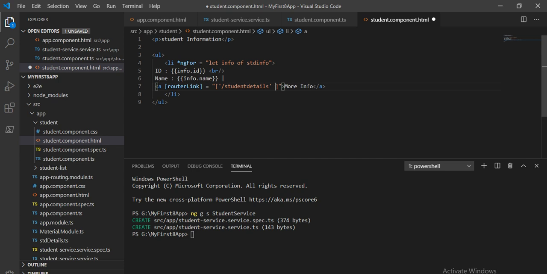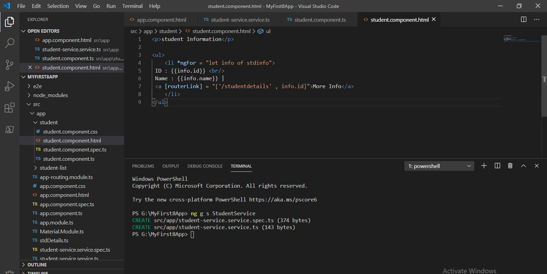And it will take one parameter, based on which we are going to show the full information of the student. So it will accept one parameter. If any router link takes a parameter, we define it after a comma.